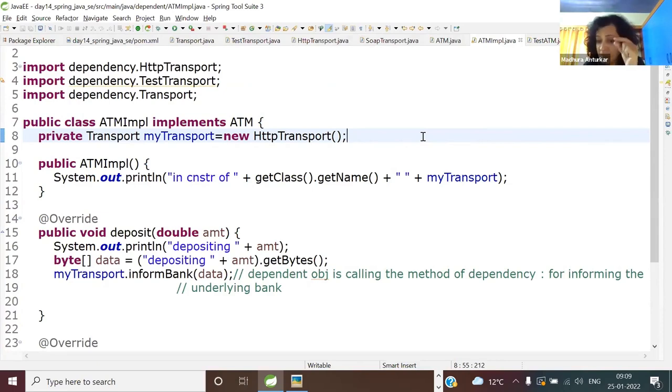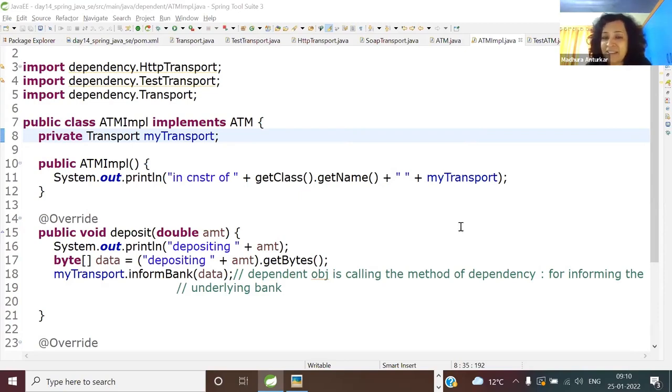I can make this tight coupling go away, that is disappear, even before I enter Spring. So we are finally entering Spring, no doubt about it. But the point is, can I do it without Spring? Answer is yes. So do the changes with me. Tell me. Now, is my dependent object tightly coupled with any particular dependency or not really? Answer is no. Because there is nothing which is specific to binding it to a particular implementation class.